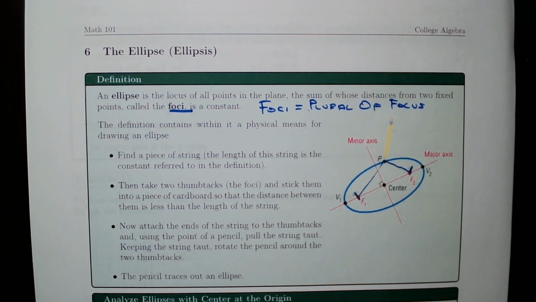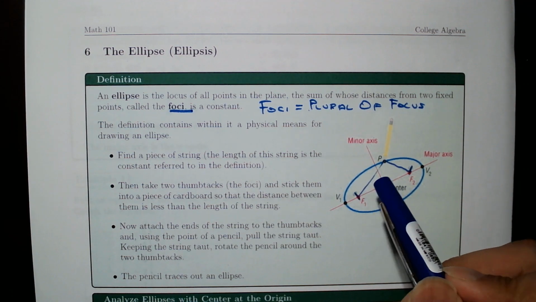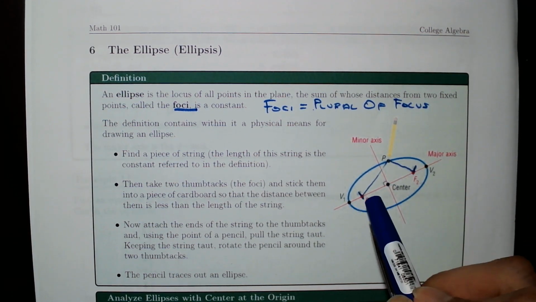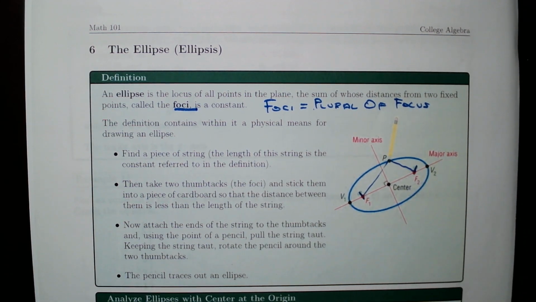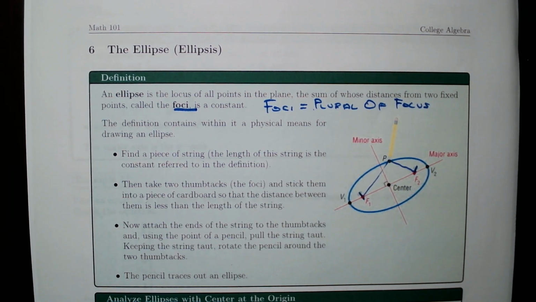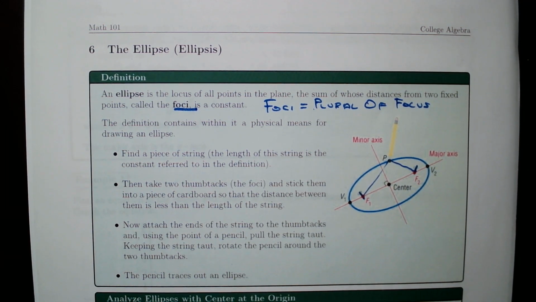So like the parabola had one focus, well, the ellipse will have two foci, which is this one right here and the one right there. So those distances, the sum of those two distances are the same. So, all right. What do we mean by those two distances being the same? Well, first let's